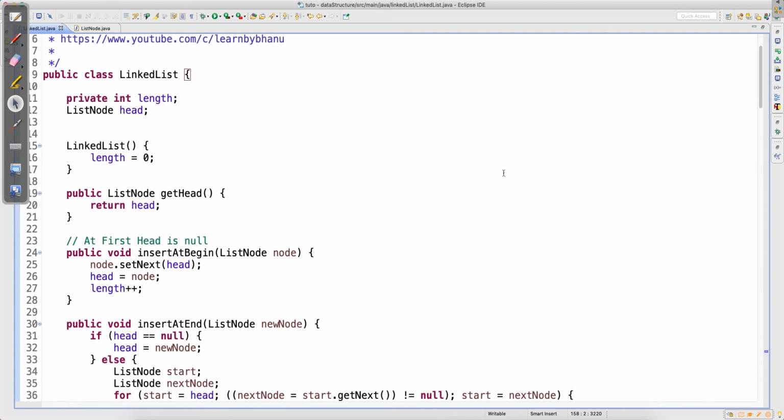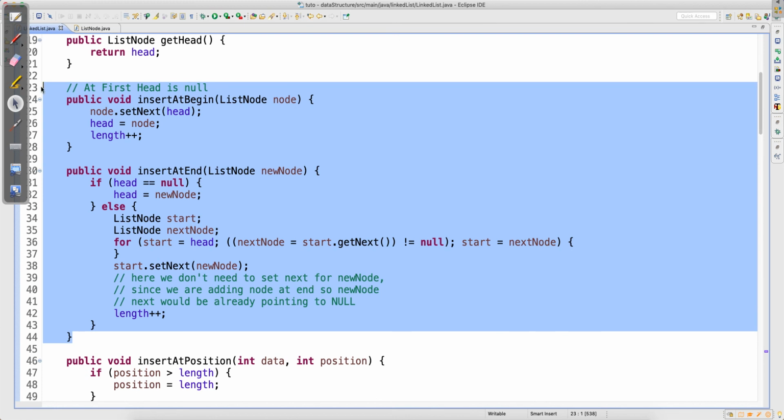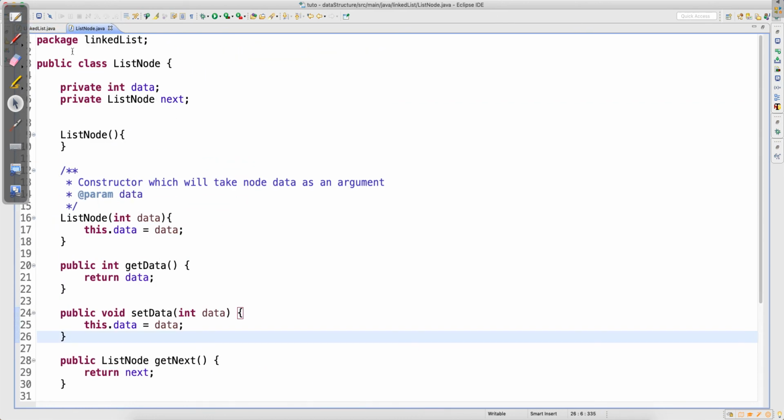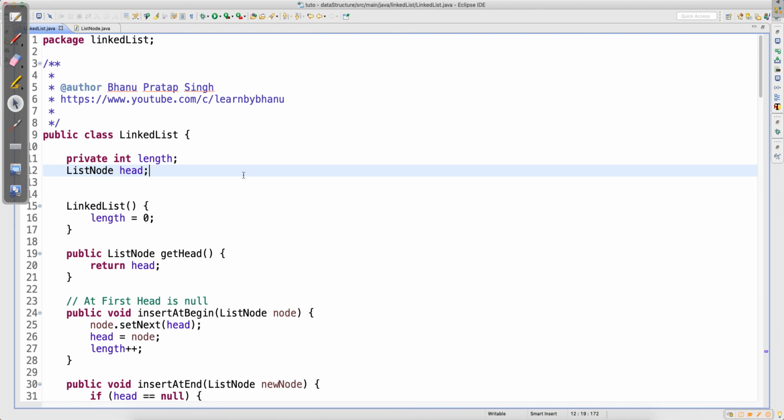I have explained the concept, I have explained the code, I will share the code. But you do one thing: whatever video I explained before this, just watch the video, try to write both the codes, the list node and then the linked list class. You write both and then try to understand the logic. If you just watch the video, I don't think you'll be able to write the code in the interview. You need to practice.